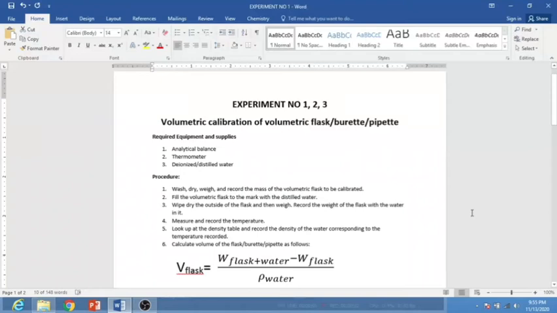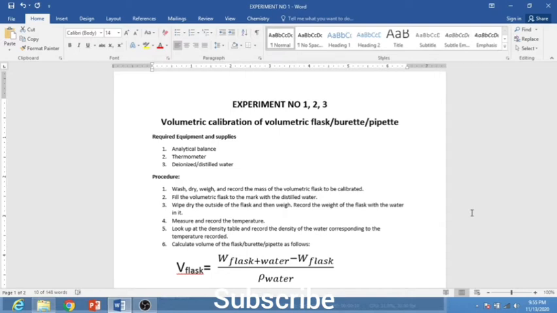Dear students, today we will perform our first experiment, first, second and third: volumetric calibration of volumetric flask, burette and pipette. So first of all, why is calibration needed